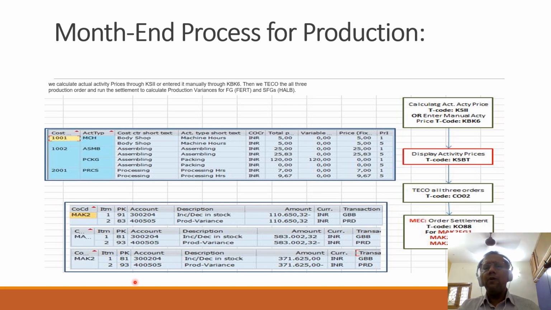If you see one of the examples, I am going to show the variances, the variance calculations. The system has posted the production variances, GP like that. So this is why I am telling you, based on that, the system posts the purchase and production variances, settlement, everything based on the price determination and variance calculation. So we need to do the complete process. See, when you are doing the process,